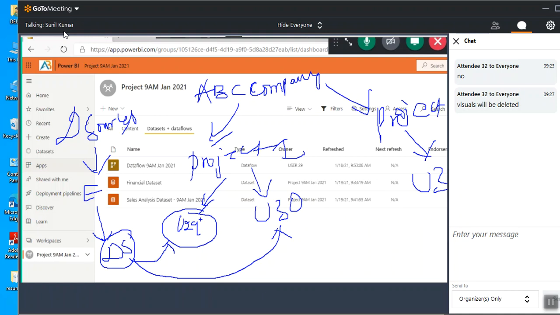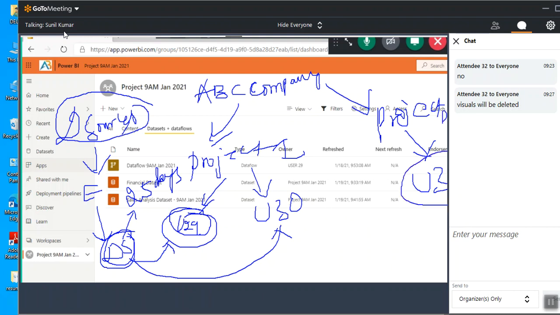In companies, I said that when the data set is complex, it might take 15 days or 20 days to create it. Take an example: user 29 created this data set, and it took 25 days. Now, for the same data sources, user 31 also wants to use them and create some reports.